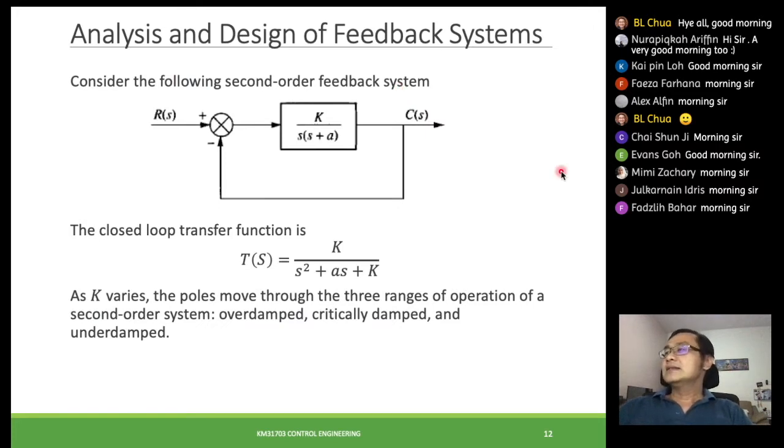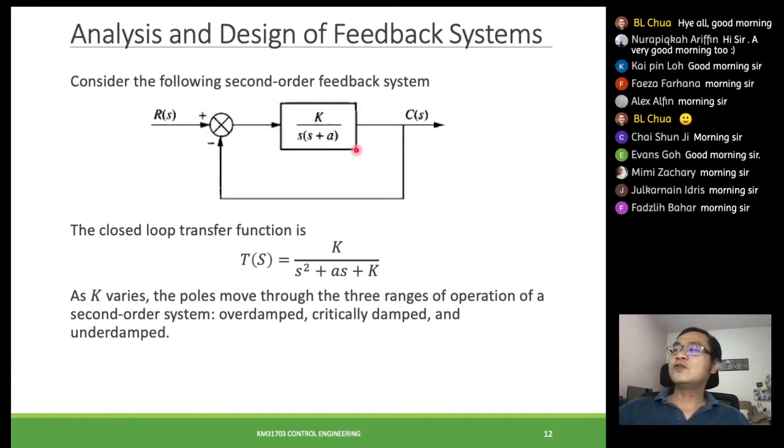Here is a quick analysis of a feedback system. Remember previously what we dealt with mainly was open loop, right? So our examples previously are related to an open loop system. For sure, since we also know that we can always simplify our systems, when we deal with feedback systems our equations just slightly change, right? So that would not affect us much. So what we can see here, right,